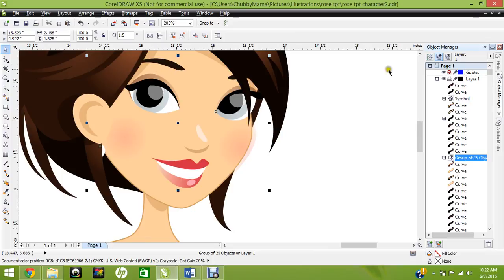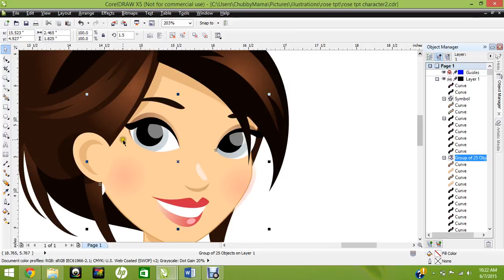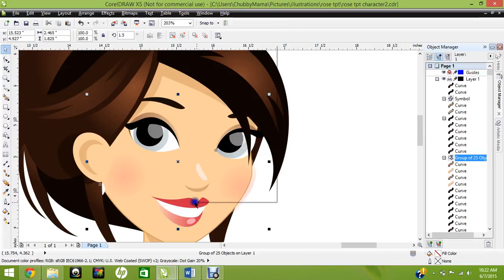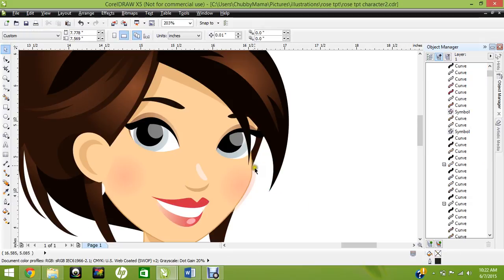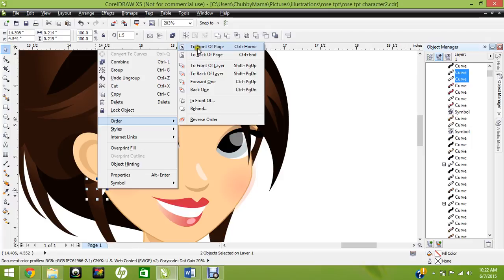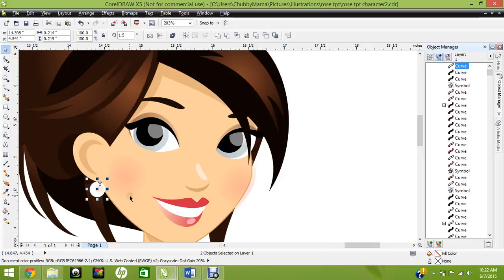It's above the face shadow, below the hairline. So that's good. Now we're going to ungroup it, because we notice that our cheek is overlaying past the outline, and we've lost our earring over here. So we're going to select the part where our earring is, right click it, order to front of page, move it up a little bit,